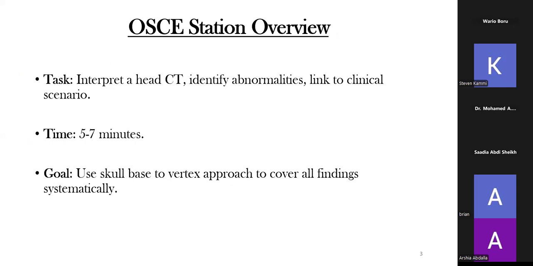So the task that we have tonight is to be able to interpret a head CT scan confidently, identify any abnormalities, and try to link it to case scenarios that exist. The target time that we have is about 5 to 7 minutes for this particular station, because the station will be 10 minutes long. So whenever you go into a station, remember the first minute or so, broadly speaking, is to be able to assist you to get through